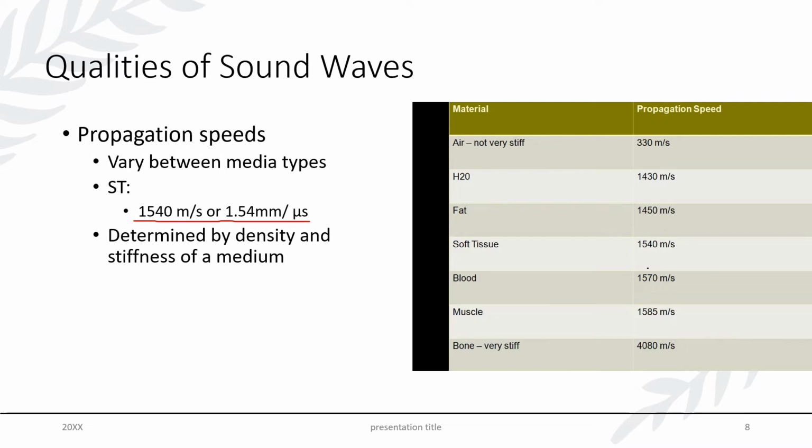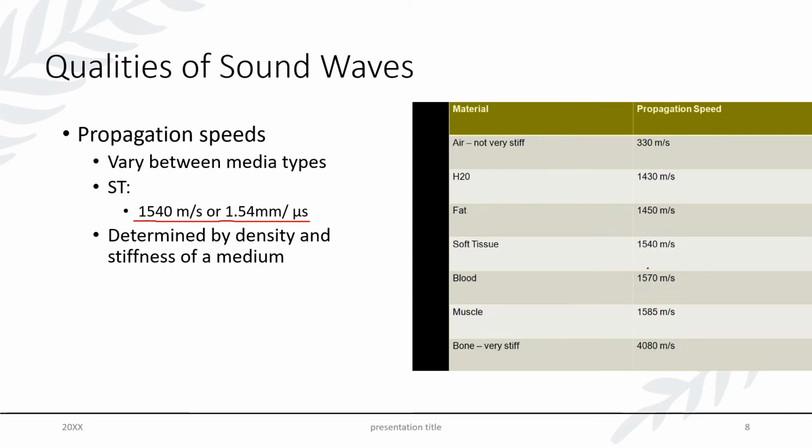Now, the reason this is important is because of a change in tissue propagation speed. So as you're going, say, from the lung to the diaphragm, the lung and the diaphragm are going to have very different propagation speeds. And when you are transmitting through 2 different tissues with very different propagation speeds, you're going to get huge echoes back. So an example of this might be if you are